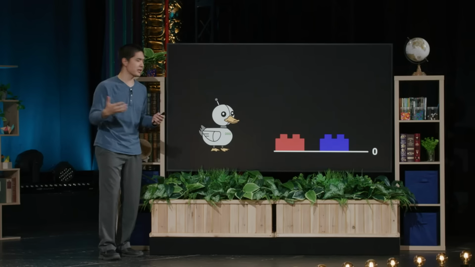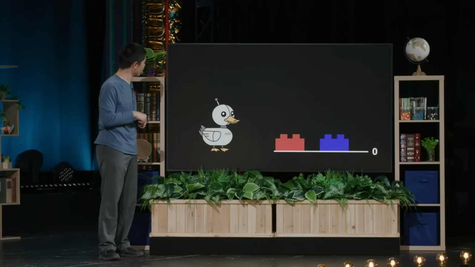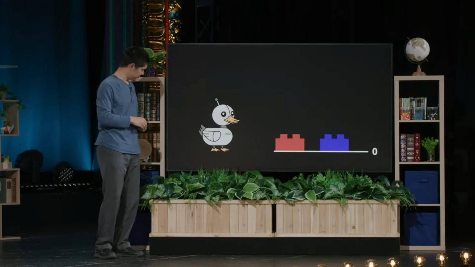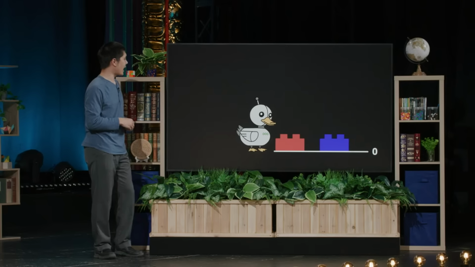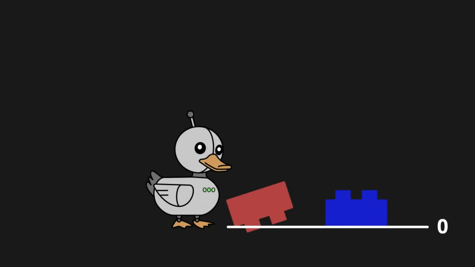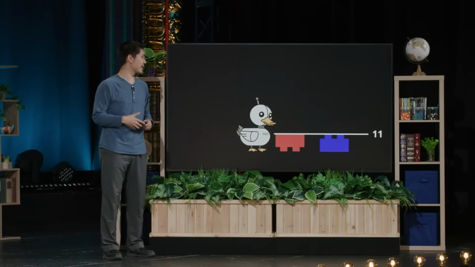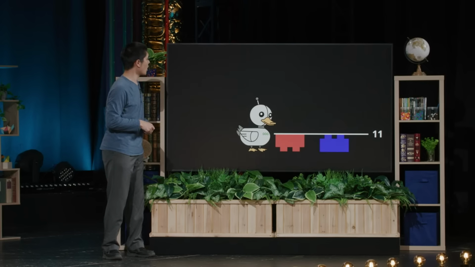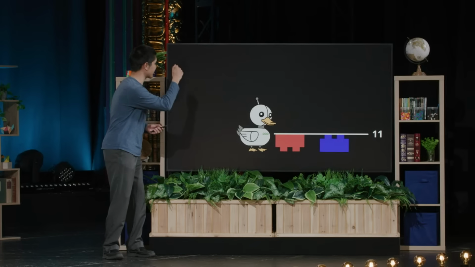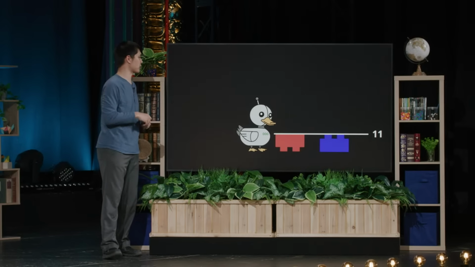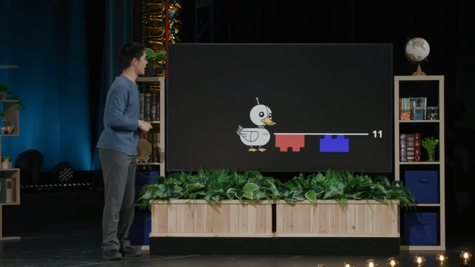Think about that for a moment and imagine what the AI ended up learning to do. Well, it turns out that the AI decided, you know what, I can take that red Lego brick and flip it upside down. That's a fair bit easier than stacking the red Lego brick on top of the blue brick. And if I do that, now all of a sudden the bottom of the red Lego brick has gotten much higher up than it was before. And so that's a pretty good positive reward. It can learn to do that again and again and again. It never needs to stack the red Lego brick on top of the blue Lego brick at all. I can just turn the red Lego brick upside down and still end up getting a positive reward and learn to do that as well.